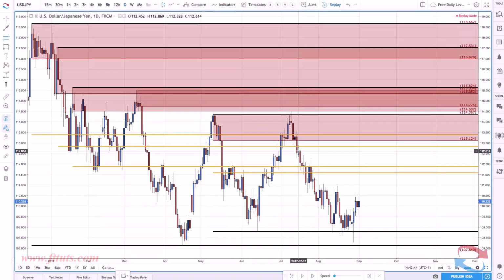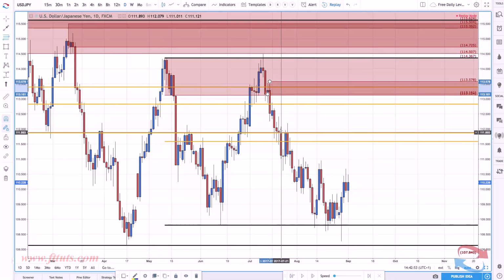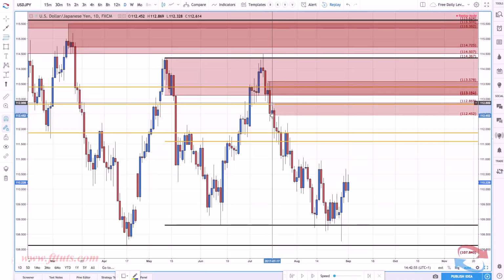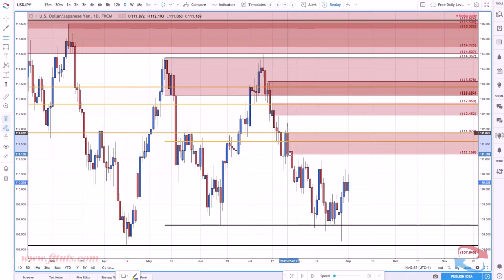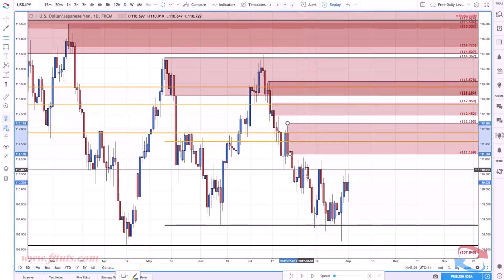Right, and then we're looking at supply zones from here. Got a supply zone there. Got one here. We had one